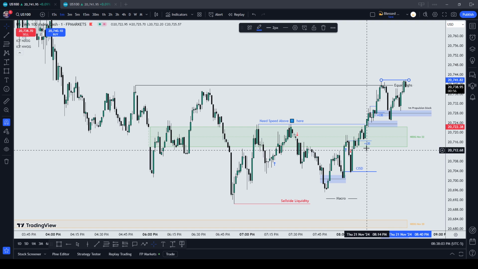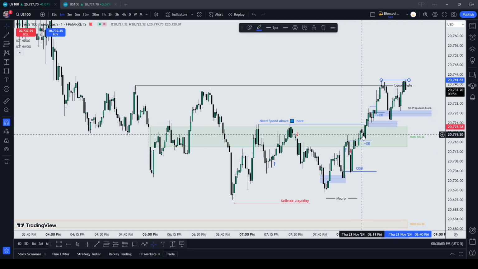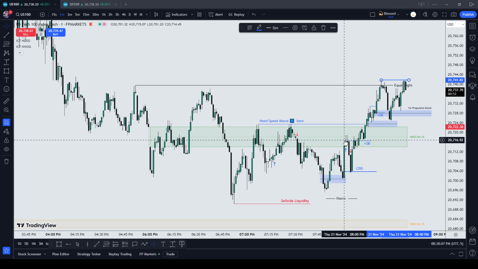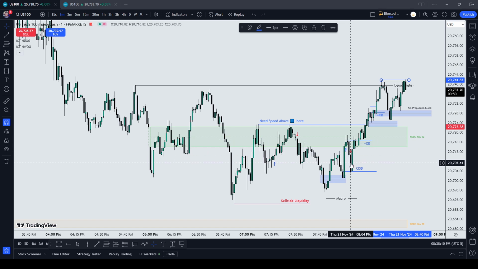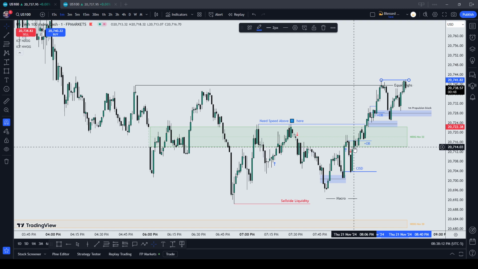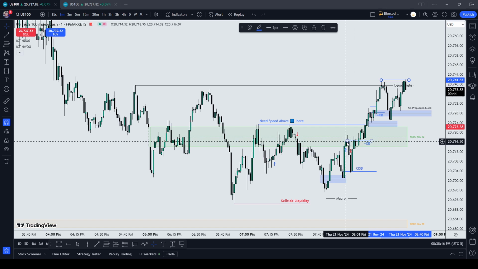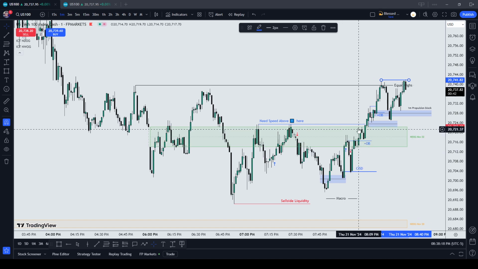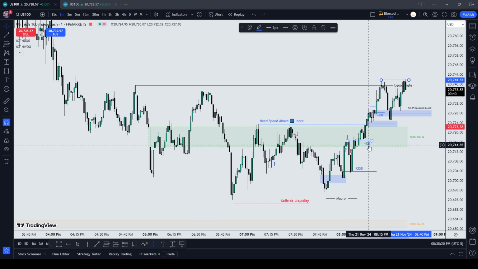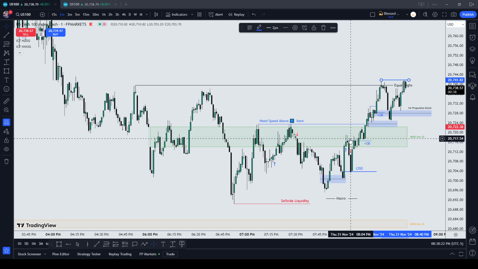So continuing, I was looking at these three down close candles. I was looking for price to trade above it first, then use it as support for price. So after doing that, price used the